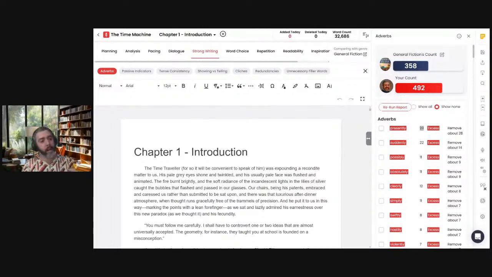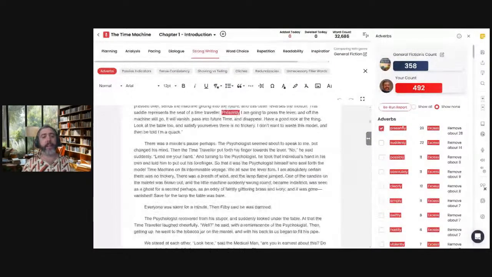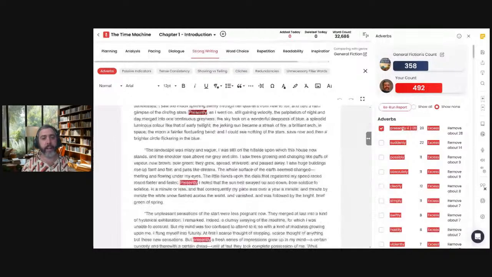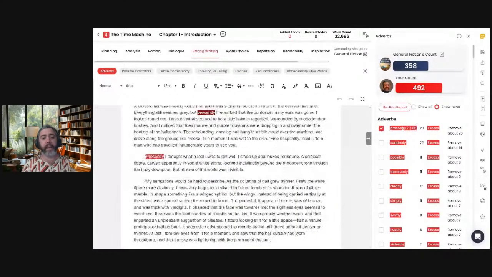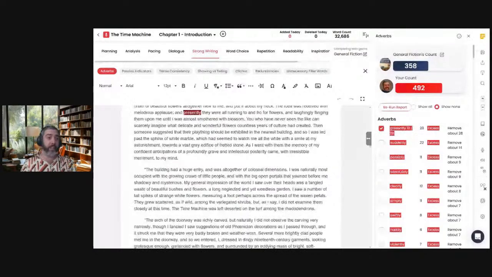So if I wanted to go through the presentlies and decide on a case-by-case basis, I can hit this little check mark, which would highlight all the presentlies, and then I can click the presentlies and see every one in my document. I can go down the list and make a case-by-case decision. It's not a find-all, replace-all kind of thing, right? That's generally not the best way of editing. I've done it, but it's not the best way.